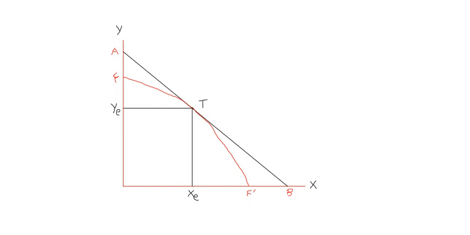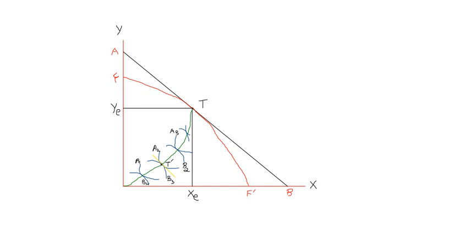Now moving further, we need to take into account the two consumers A and B. We will assume that the indifference curves of consumer A start from this point and the indifference curves of consumer B start from this point. From the bottom left, when you start drawing the indifference curves A1, A2, A3, they represent the indifference curves of individual A. And similarly, B2, B3, B4, you can name this as B1, represent the indifference curves of individual B.